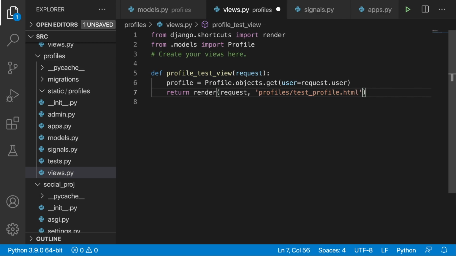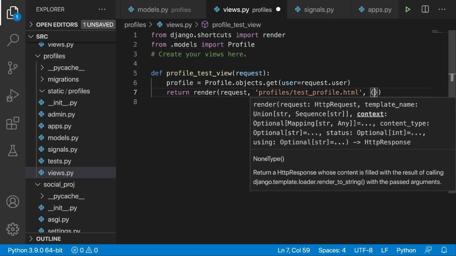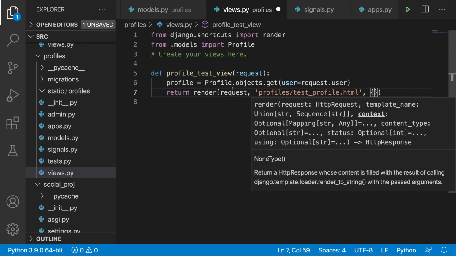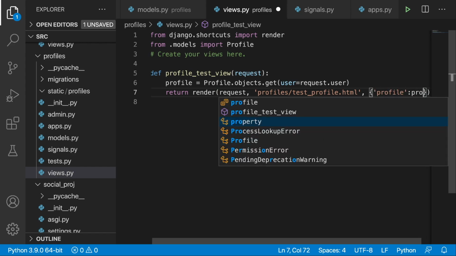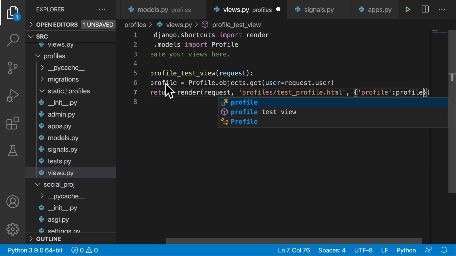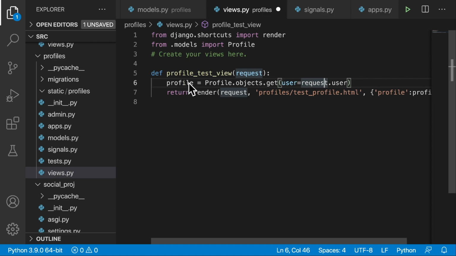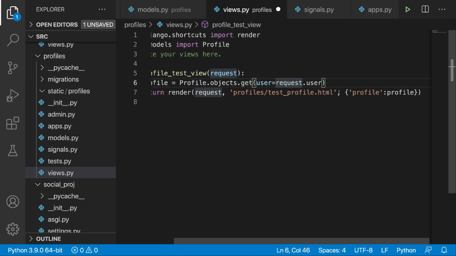HTML, and here we need to have a dictionary. So with the key profile, we will have the value of this variable. So to the key profile, we assigned the profile variable from over here, where we have the profile of the user that is logged in. Okay, and this profile will be passed to this template,